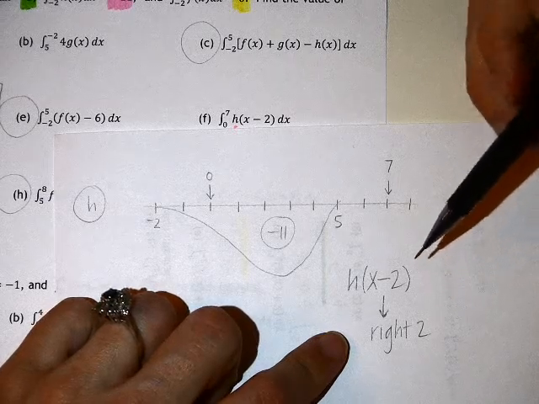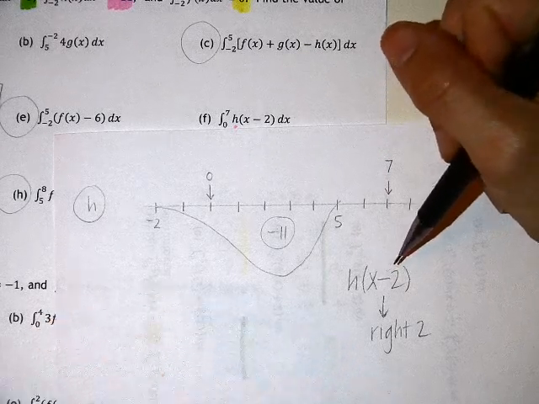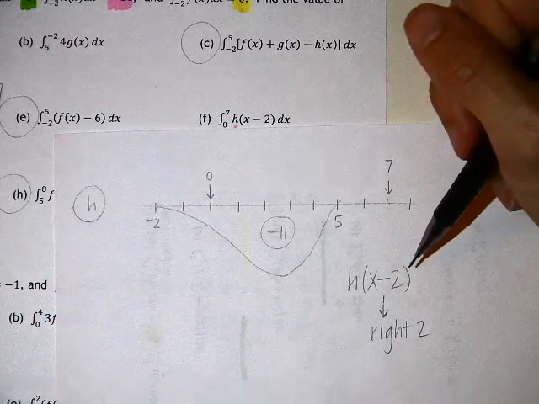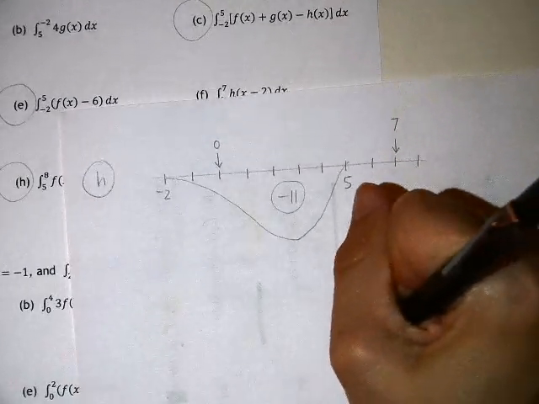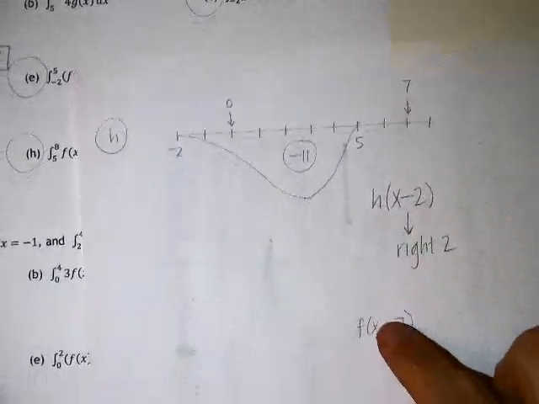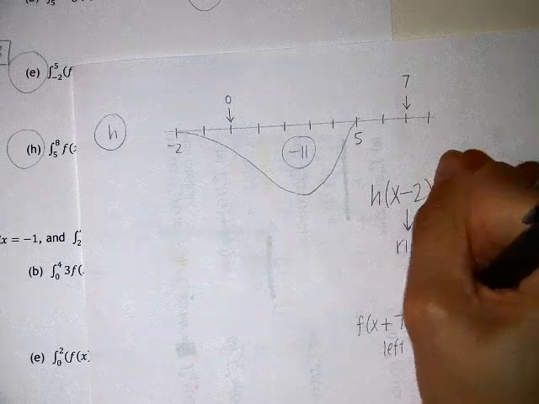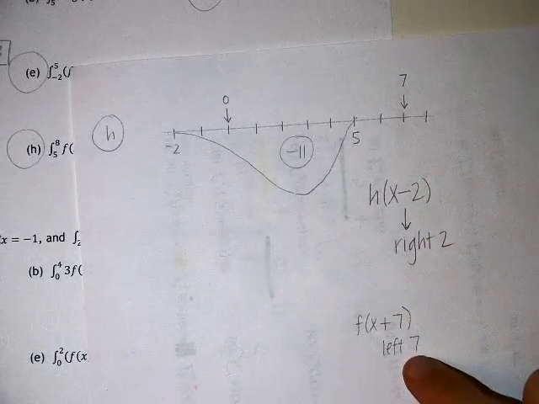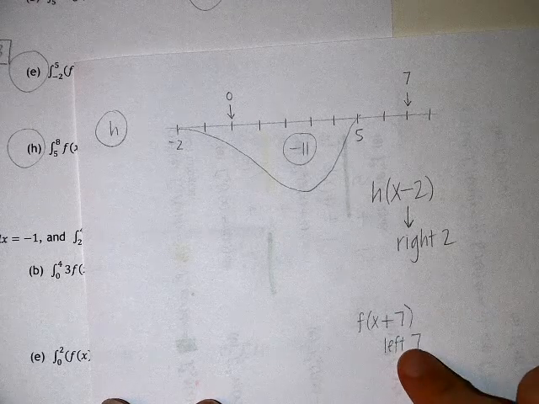That was a thing that we dealt with all year long. That the inside number in those parentheses always did the opposite of what we'd expect. If it's x minus 2, it shifted to the right 2. If we had a different function, and I'll just make one up for a second, f of x plus 7, that actually shifts the graph to the left 7. Counterintuitive, for sure. But if this rings a bell and you're like, oh, I do remember seeing that, then hopefully